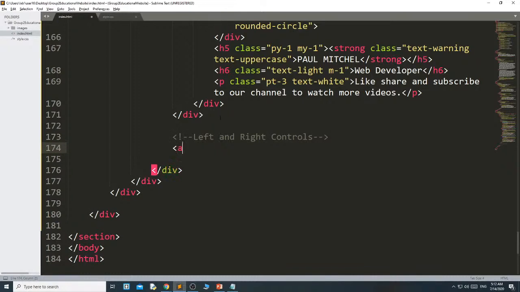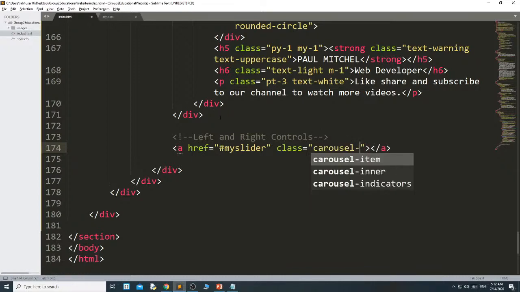For that I need to give a hyperlink, linking to that particular ID. My ID name is MySlider. Then class carousel control